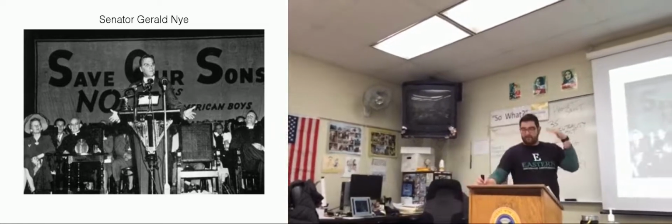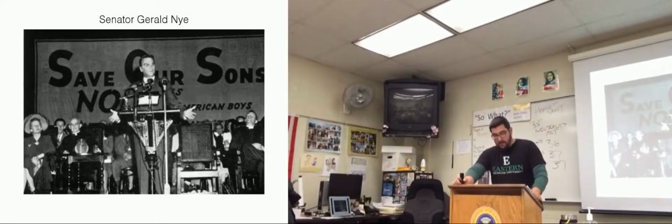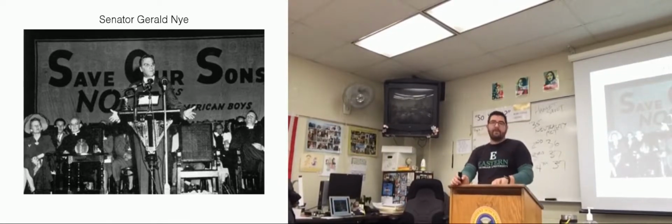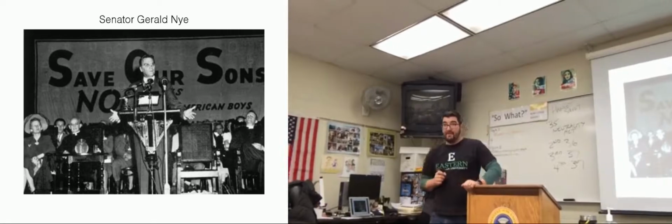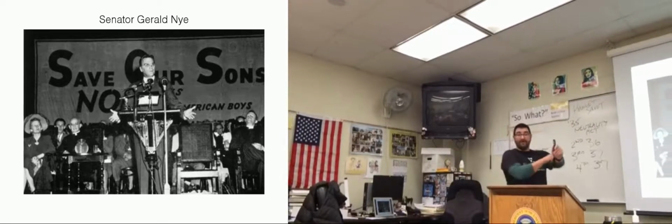I'm going to run through 4 of these Neutrality Acts today. If you're looking for a 4 or a 5 on your IB exam, I think it's a good idea to know that the Neutrality Acts existed and that they progressively got more restrictive on what we could do. If you're going for a 6 or a 7, you want to know what these Neutrality Acts